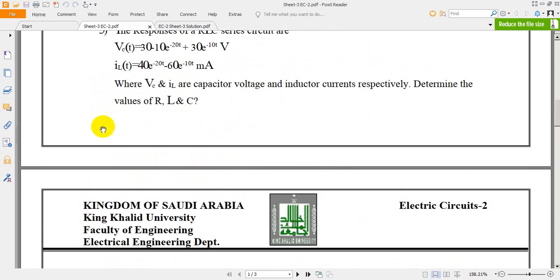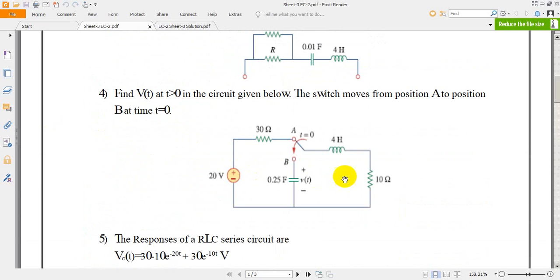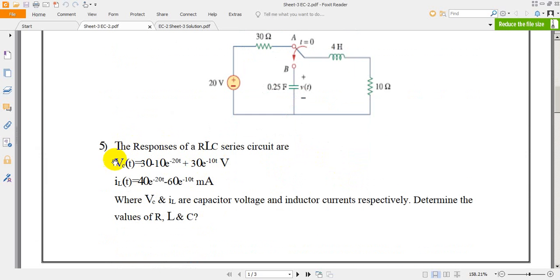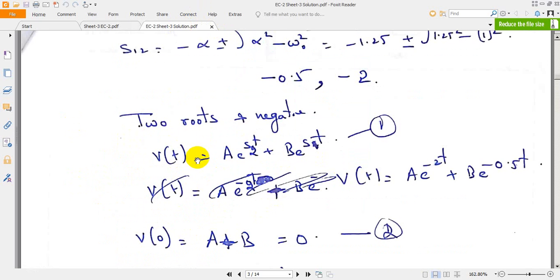What does it mean? Initially the circuit has been given and we need to identify the responses, whereas here the responses are given, we need to identify the parameters R, L, C. This is a reverse; we will be following the reverse procedure. So simply,